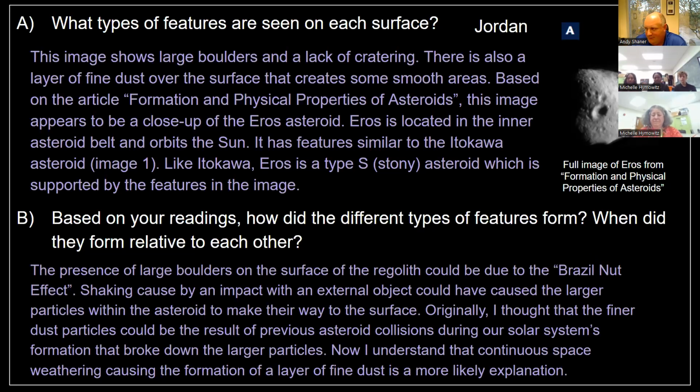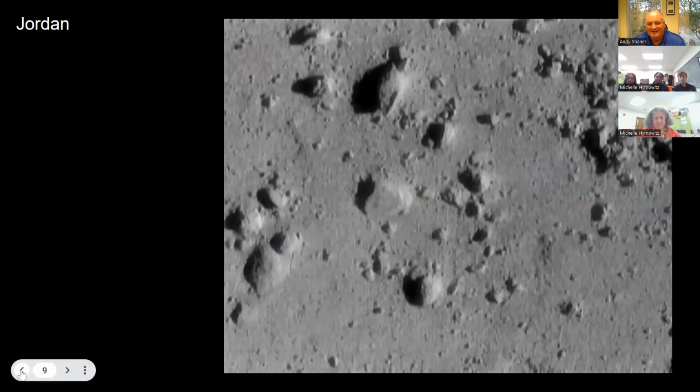So you're talking about solar wind affecting an asteroid's appearance, and that comes down to the idea of that darkening. So they can be darkened, or their albedo, their brightness, can be changed from that. So that's an example. So this particular image is this last image here, if you can go up to it. So this is from Eros. You're right. And yeah, in these images, I didn't include